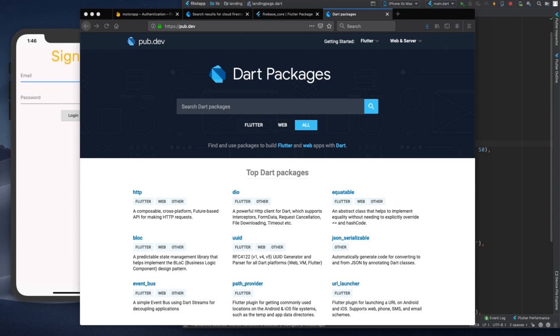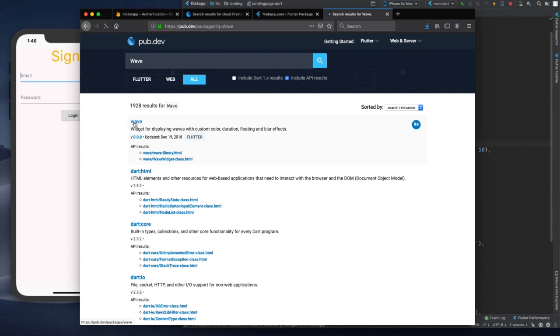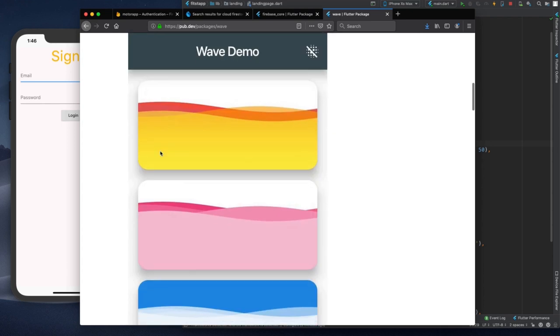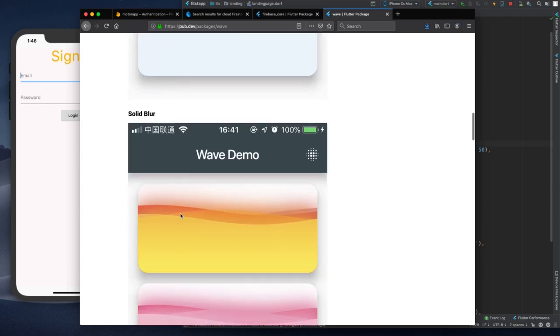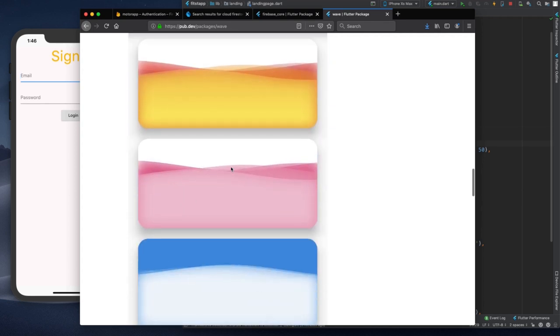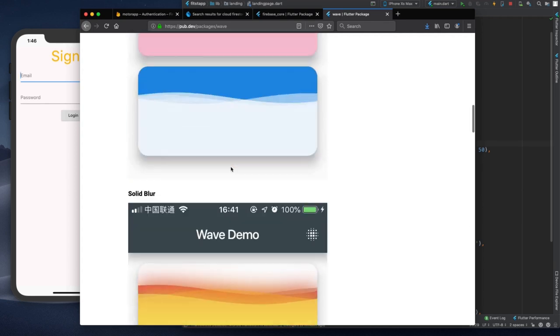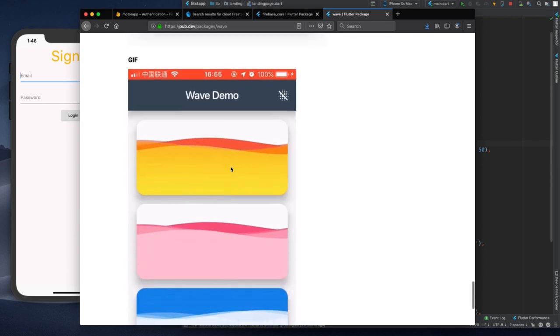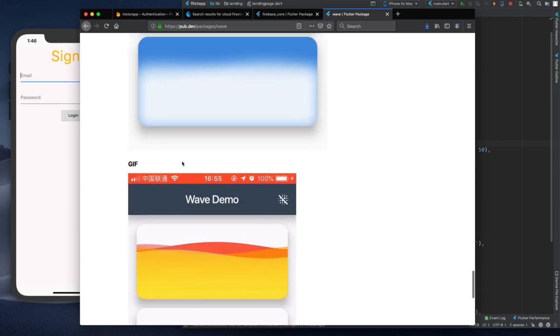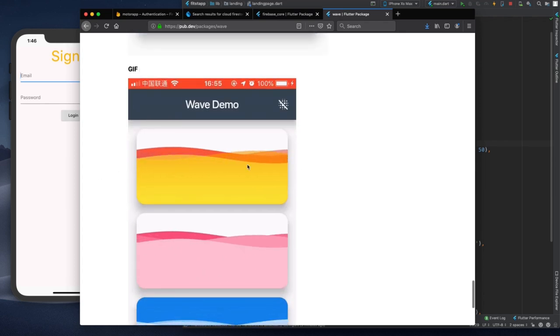For example, you can type wave, and the first one, wave, is a widget for displaying waves with custom color, duration, floating, and blur effect. So how does it look like? It's like this, and it will wave. It is animated, so we will use it as our background. We have lots of options and we can customize them. I will show you how it works,